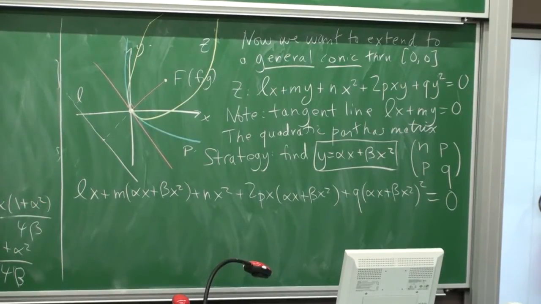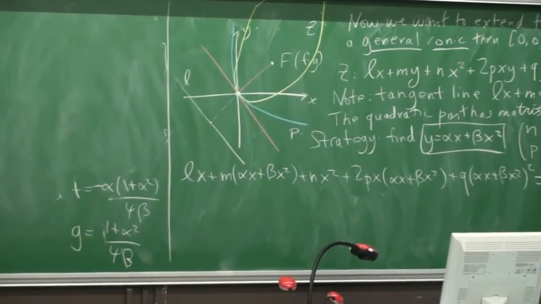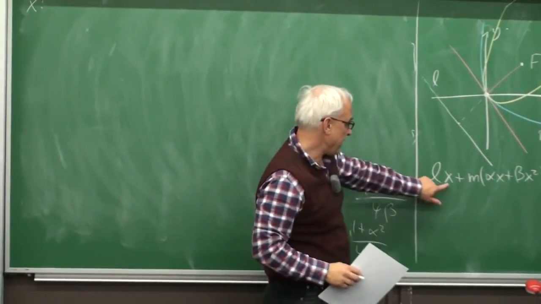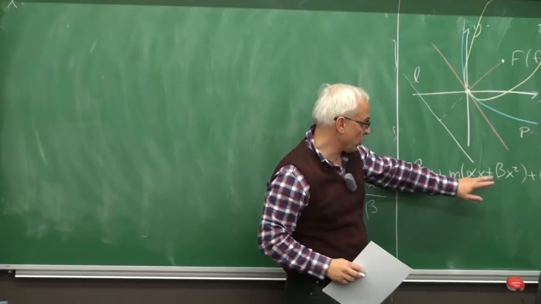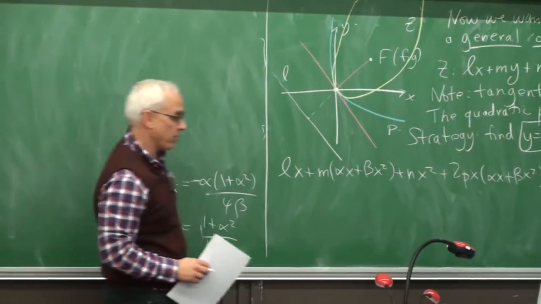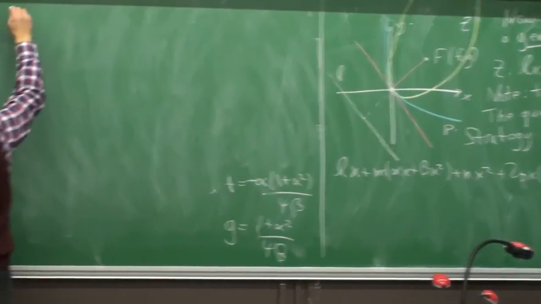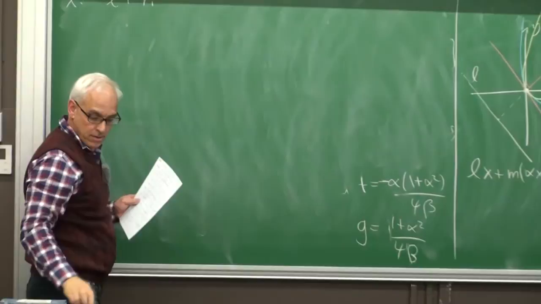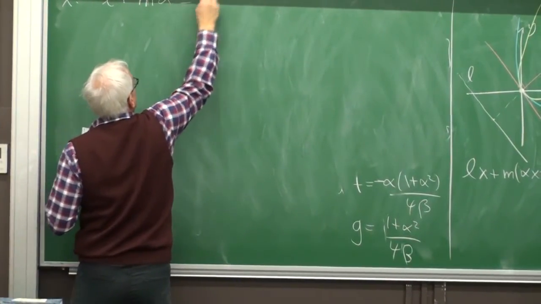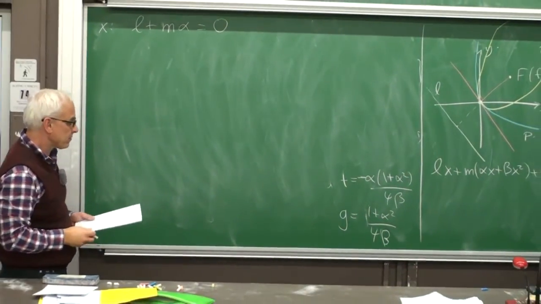Okay, so how are we going to find alpha and beta? Well, we'll look at the x terms on both sides of the equation. There's only this x term and the m alpha x term. All the other terms involve x squareds or higher powers. So there's an L plus m alpha, and that better be 0, which is the coefficient of x on the right-hand side.